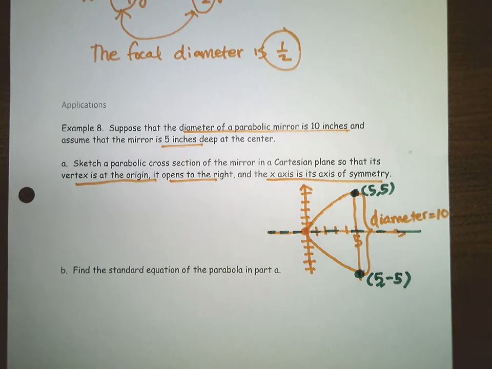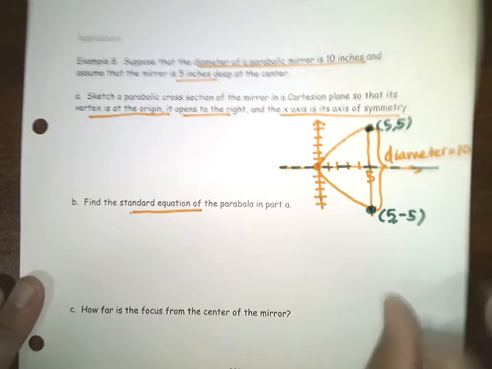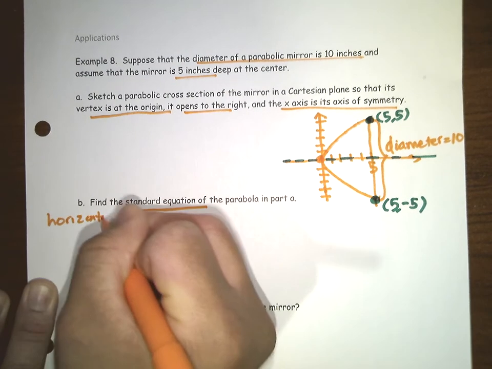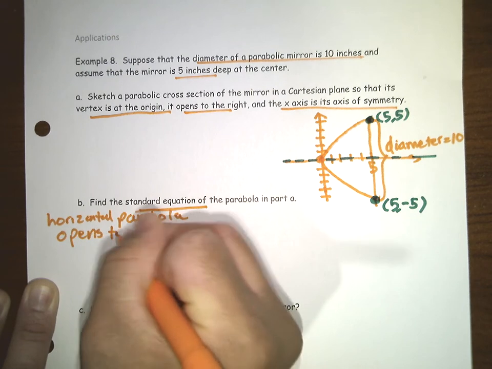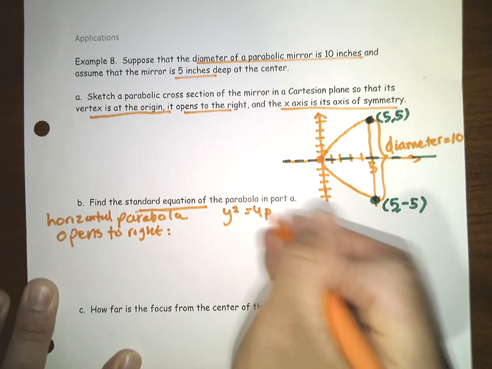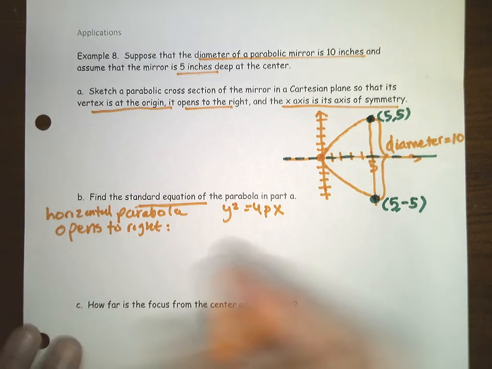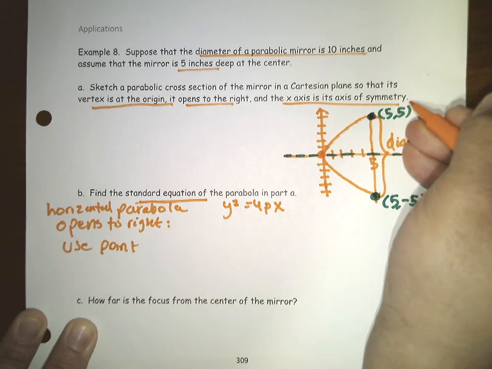And now the thing is that we want the standard equation of the parabola. So this is a parabola that opens to the right. So it's a horizontal parabola and it opens to the right. So I know that we have y squared is 4px because that's the format for the parabolas with a horizontal axis of symmetry. And then similarly to what we did before, we can use the point here, (5, 5),